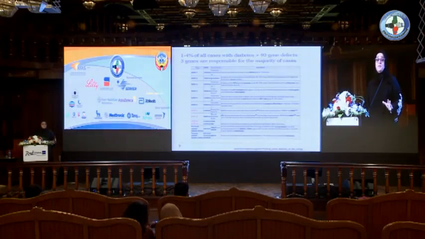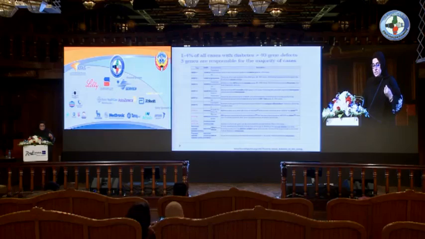Many genes have been identified. More than 40 gene defects have been identified, each having a certain phenotype. But there are 3 common genes that are responsible for around 70% of monogenic diabetes. These are types 1, 2, and 3. In type 1, it's due to hepatocyte nuclear factor 4 alpha. And in type 2, it's the enzyme glucokinase. And type